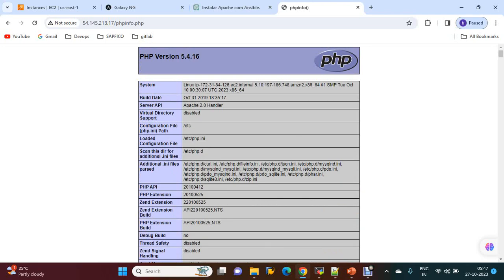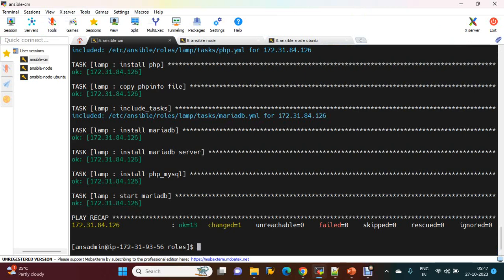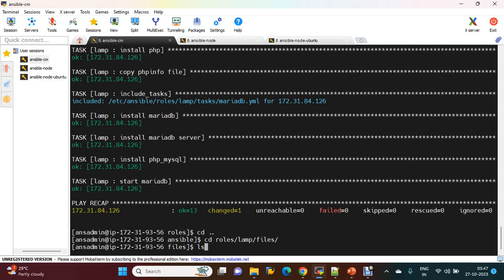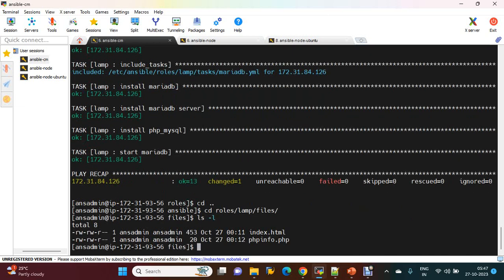Okay. Now, if you make any changes in your index.html file, you just need to go to the roles, lamp, files. So vi index.html,